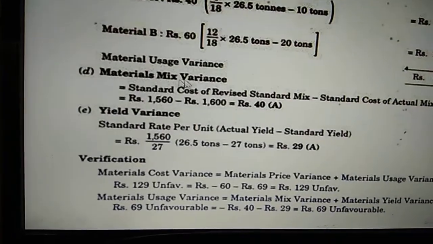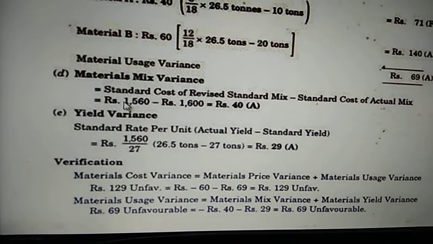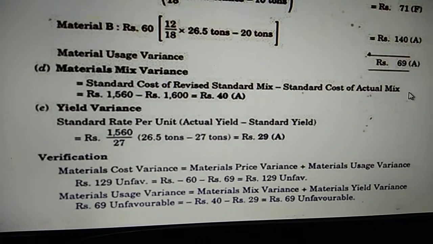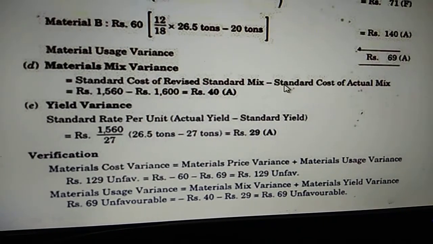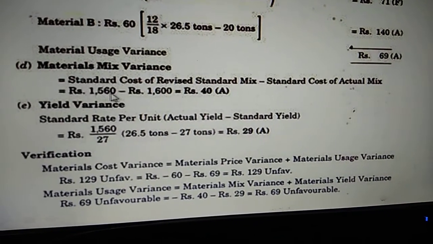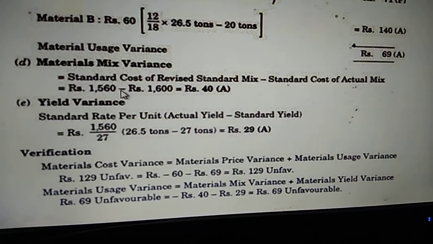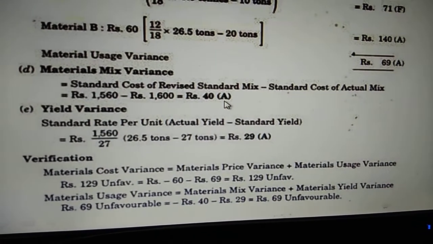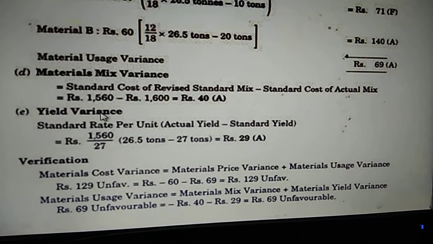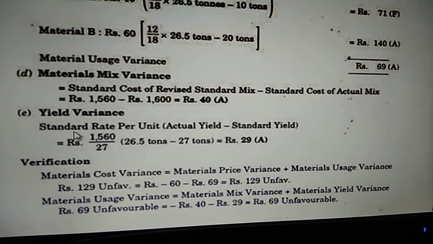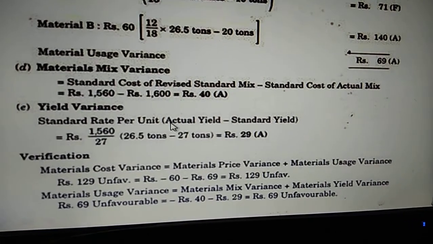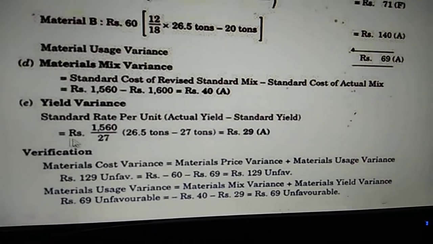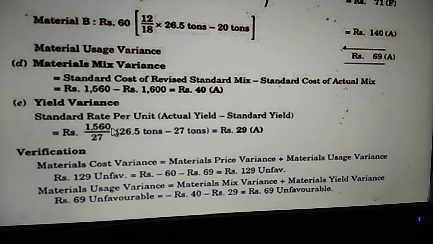Now we will go to the material mix variance. The formula is standard cost of revised standard mix minus standard cost of actual mix. Standard cost of revised standard mix is 1560 minus 1600, equal to 40 rupees. It is adverse. Then yield variance is standard rate per unit into the difference of actual yield and standard yield. The standard rate is